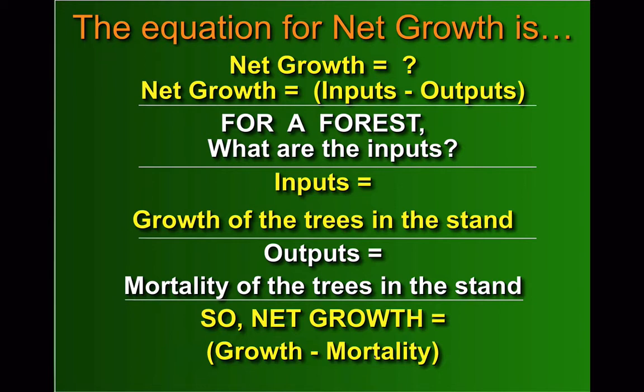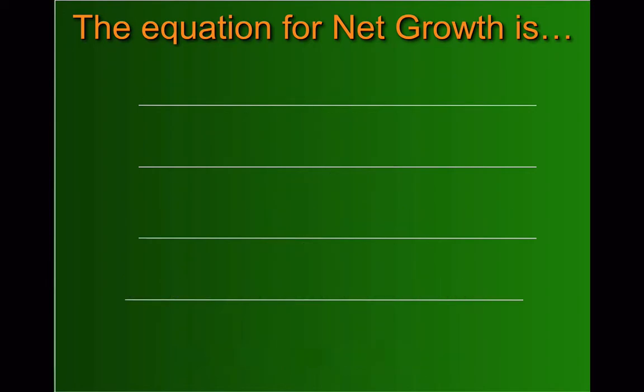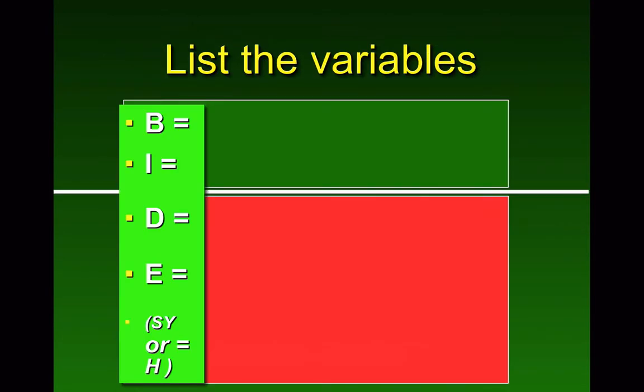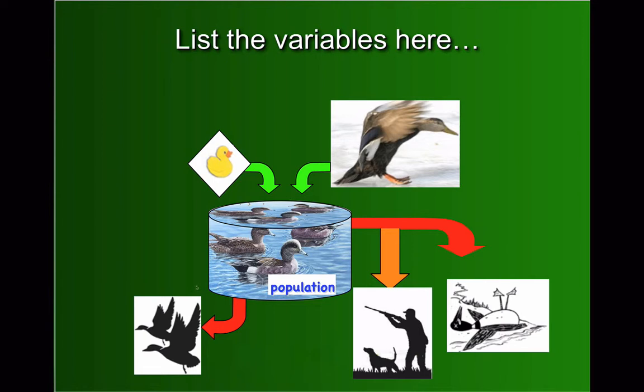Remember that we didn't have in-migration, we didn't have out-migration. Let's go back and look at that model again. Okay, we don't have in-migration in a forest, we don't have out-migration. In a forest, we're just going to have the growth and the mortality, and instead of hunting, we're cutting the trees down. So we have the dead trees here, and these would be seedlings joining the population. And so in the sustained yield of a forest, we just take birth or growth, we call it growth, minus mortality, and that's how